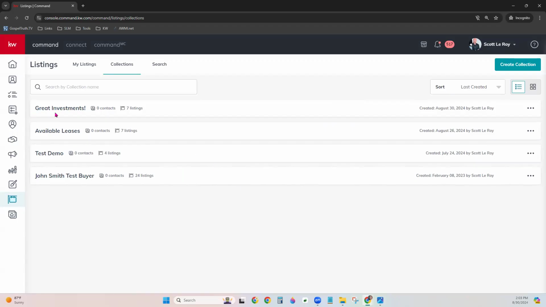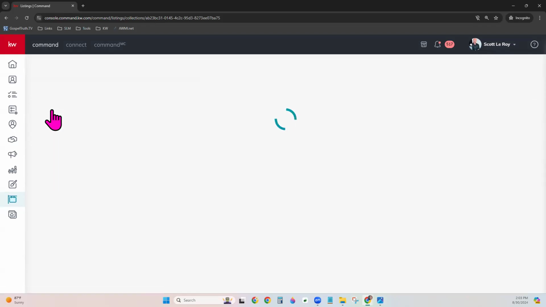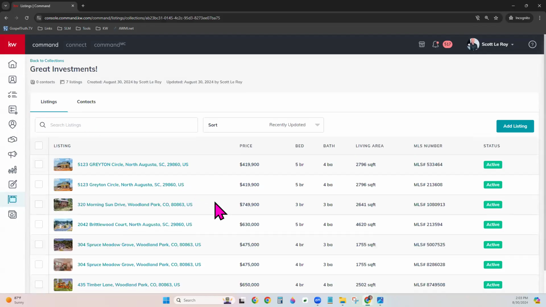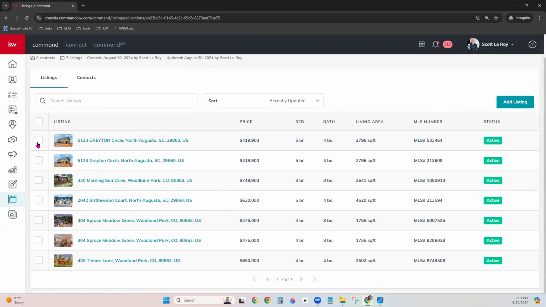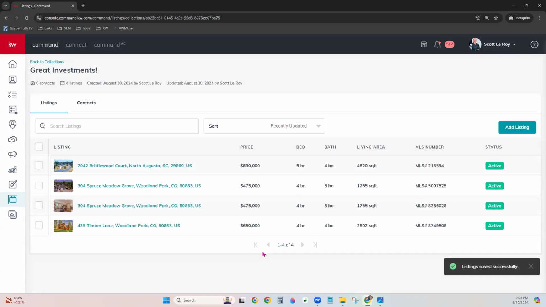You would have to come in here to your collection and choose to remove or add additional listings, okay? Come in here and choose to remove from collection, or you can add additional properties and add additional people you want to send it to. And that's it, guys. That's how you can do all of this from within your command as an agent and